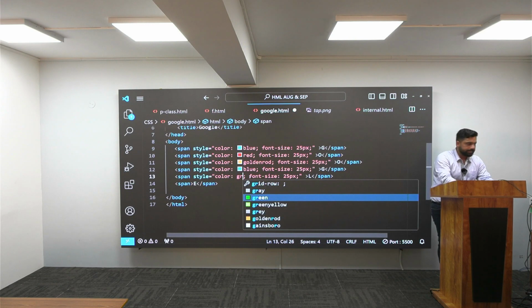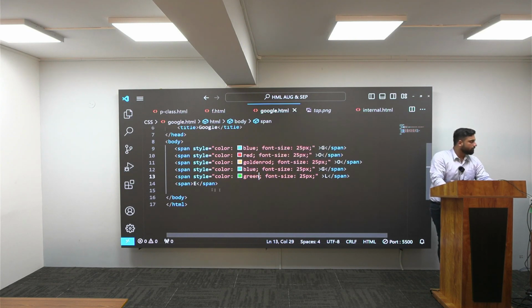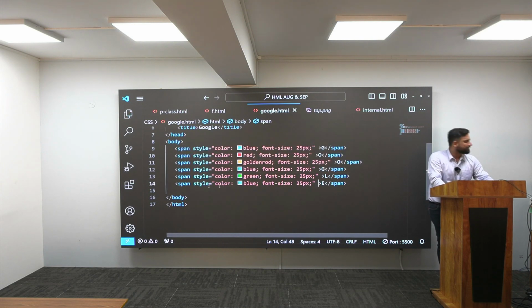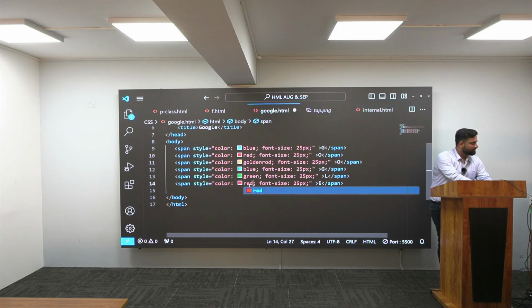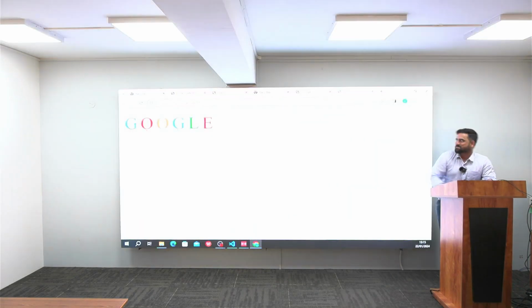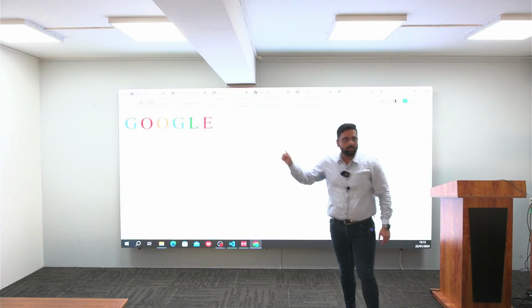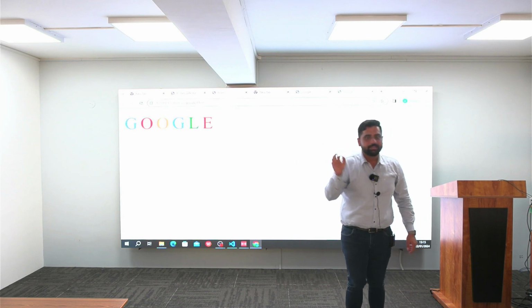So we can give green. And after green, what do we have? We have orange. And we have red. See, we got a different color for all the characters and in the same line.